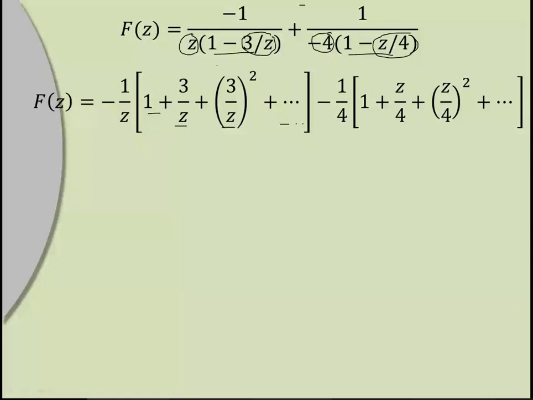Now simplify it. Write this in the form of summation. 1 by z means it is z raised to minus 1. Okay, this z we can take into the numerator, it becomes z raised to minus 1. This 4 we can take into the numerator, it becomes 4 raised to minus 4. So what will be the kth term over here? It will be 3 by z raised to k, that we can write as 3 raised to k z raised to minus k. Okay, we are taking this z to the denominator. So in the numerator, it becomes z raised to minus 1. And if we go on taking the terms, we get 3 raised to k z raised to minus k.